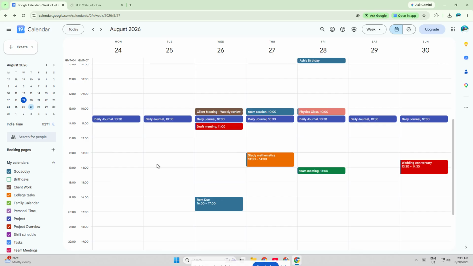In just a few clicks, you can make your calendars more visual, more organized, and much easier to manage every